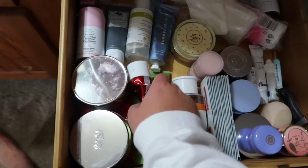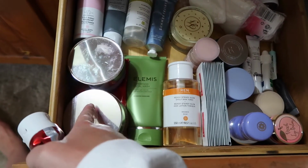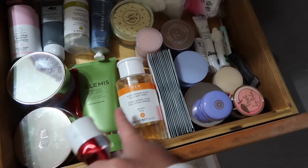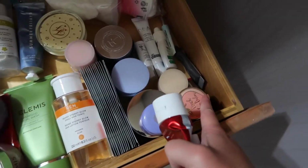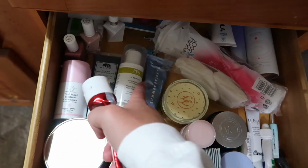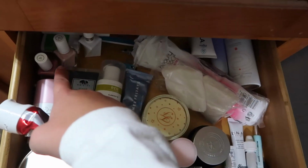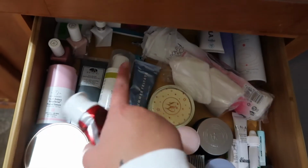So I did all this stuff down here in the order that I would use it, besides these two. These I just always lay on top of wherever, but I do have my makeup removers and towelettes, and then I have an extra facial wash. I have my toner, I have my peel pads, I have all my moisturizers, my lip care, my eye care. I keep my cotton rounds and pads right here. These are all of my go-to masks. Back there is sun care and facial sprays. These are nail polishes, and then the tools are right there, and in the very back it's just extra